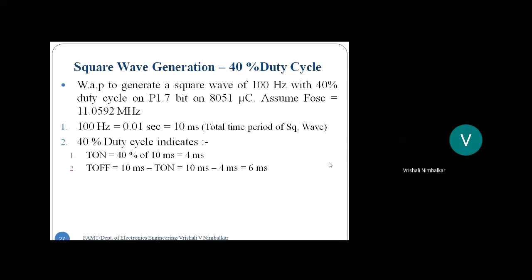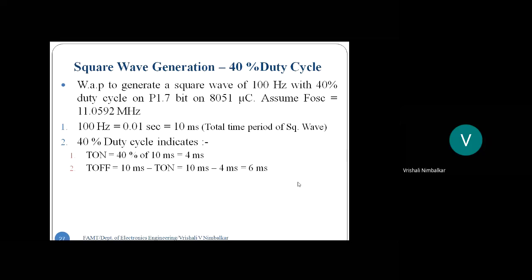Correct? Since the delays are different. If I use mode 2, it is an auto reload. So if I put the count calculations of 4 milliseconds, every time I'll be getting 4 milliseconds. Or if I put count calculations of 6 milliseconds, every time the 6 millisecond count will be auto reloaded. Okay. In case you have different time intervals, it is most appropriate to go for mode 1.